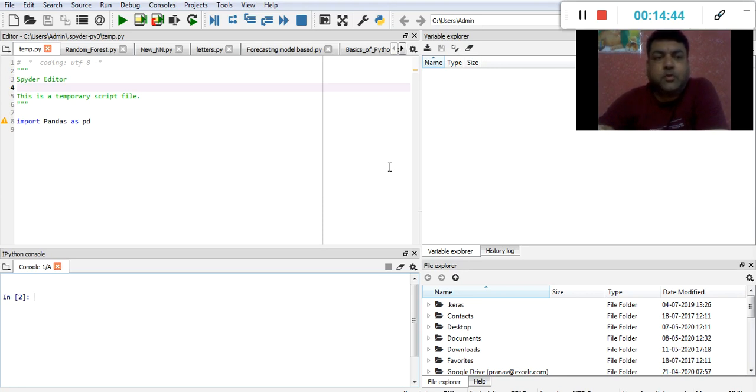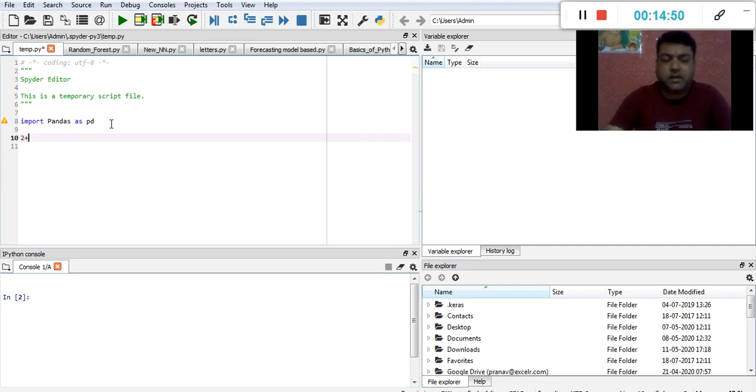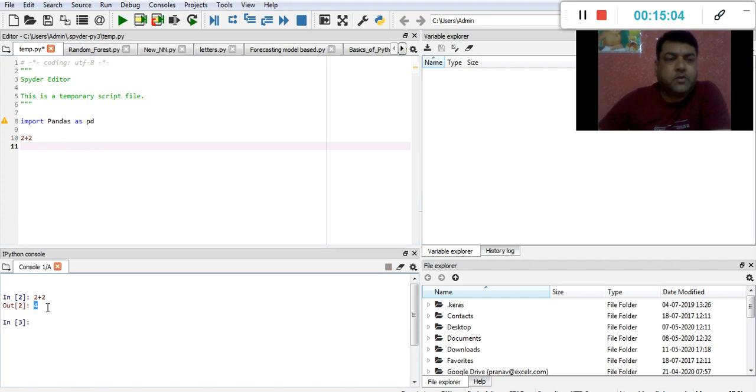I'm not going to write any code over here, but I will simply say how it works. It will work similarly to our calculator. So if I say 2 plus 2, this is the execution button, this black button over here. Line by line, if I want to execute, then I will use this, and I will get the result over here. This is just a simple thing. I am just trying to give you a feeling of how it works and how it displays the result. I'm definitely going to create one video for the basics of Python coding, and we are going to do that for R as well.